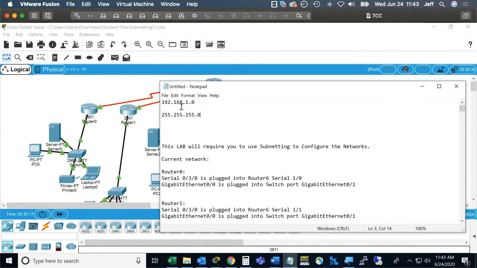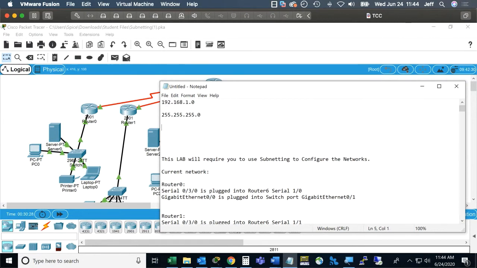So this 192.168.1 identifies our network for us, and this is our subnet mask. But we're going to just borrow 1 bit, all right? So that makes, and we'll talk about it in a minute too, our subnet mask 128.0, because